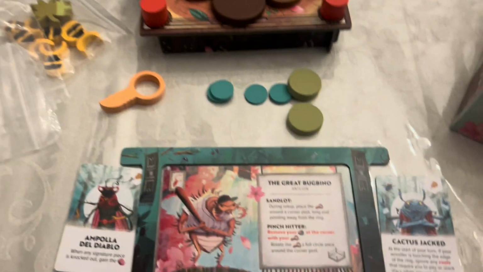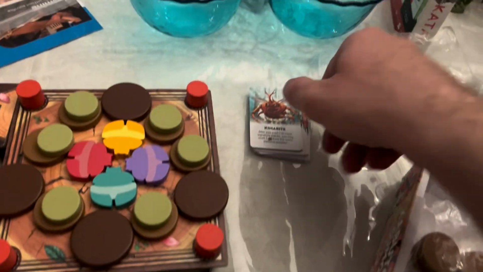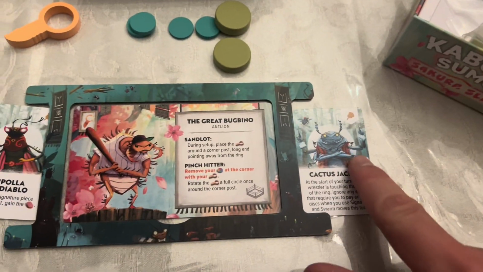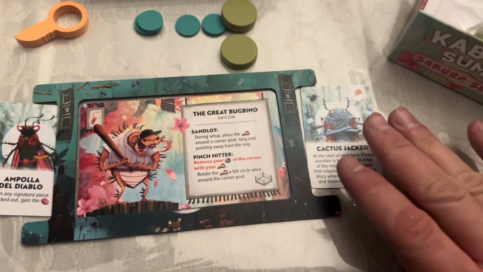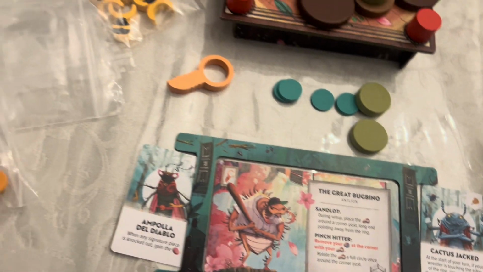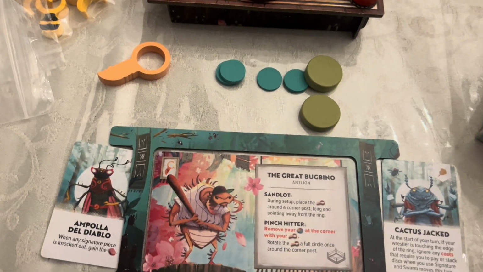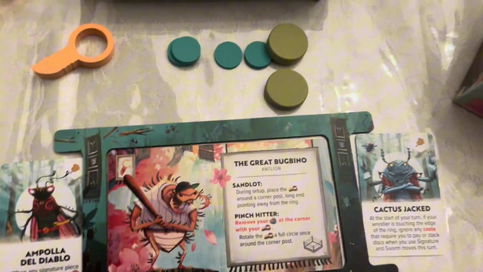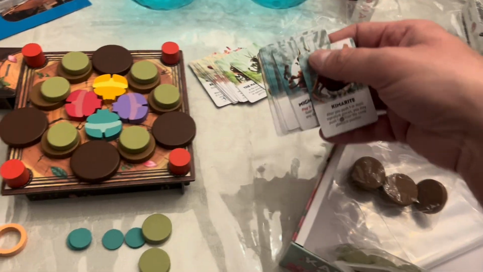Now, I'm just going to go over what the Swarm expansion adds. You're going to have all these cards here, and you're going to draft them at the beginning. So you're going to have both of these wrestlers' moves. It could be played as a team game, or 2-player, 3-player, 4-player. All it adds is to have these cards as well, and they're going to be drafted from this